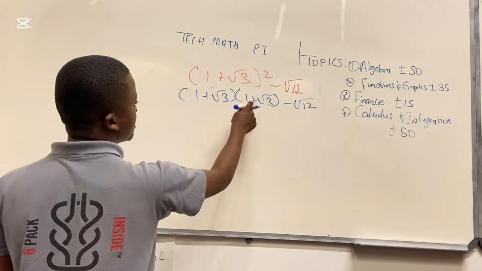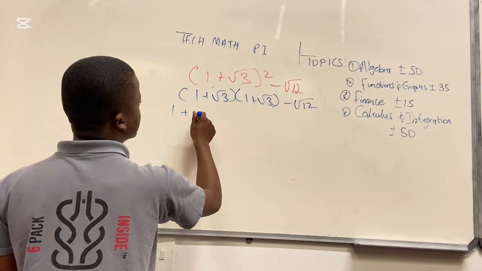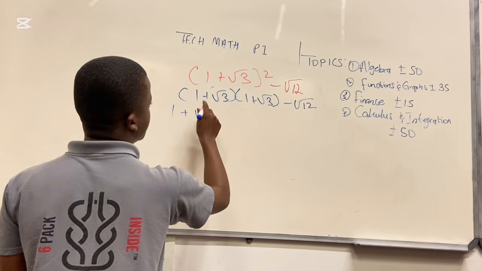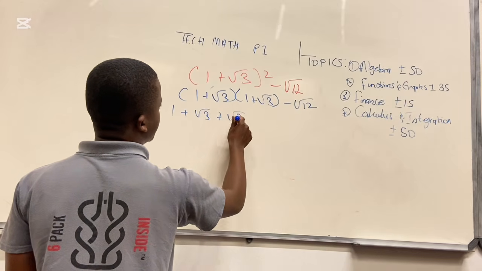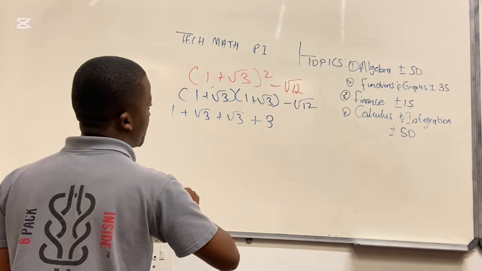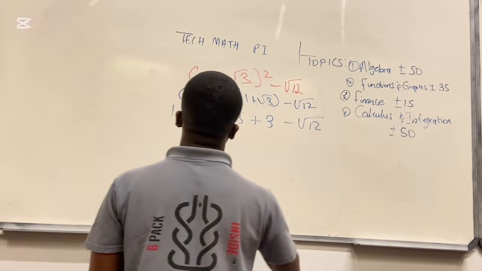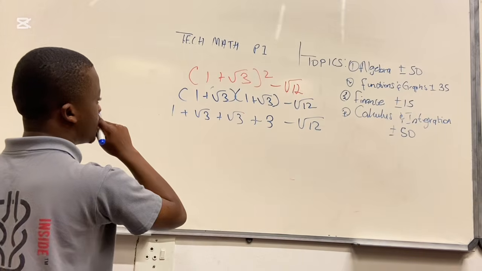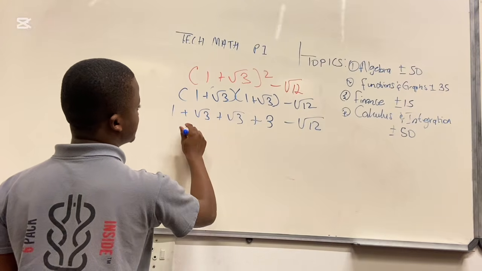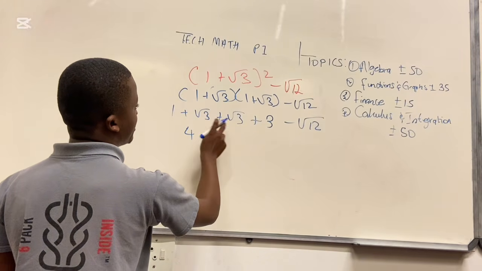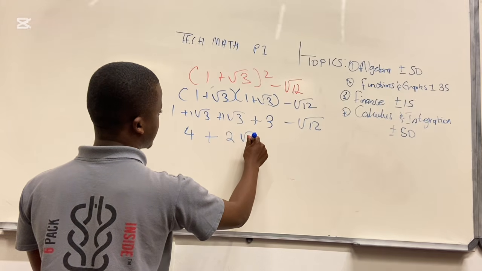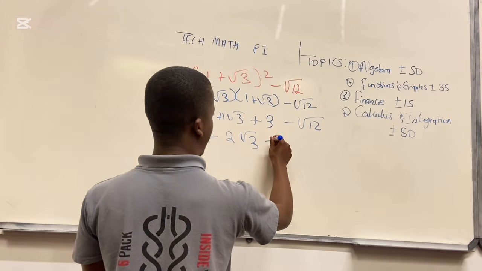You apply your FOIL: 1 times 1 is 1, then 1 times square root of 3 is root 3, and then root 3 times root 3 is 3, minus square root of 12. What do we get here? 1 plus 3 is 4. We have root 3 plus root 3, which is like saying 2 root 3, and then we have minus